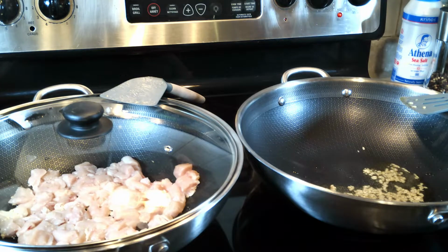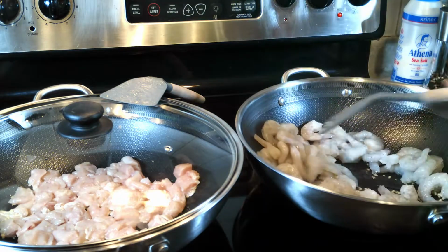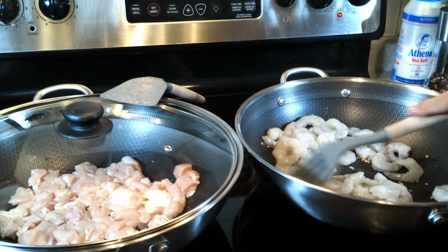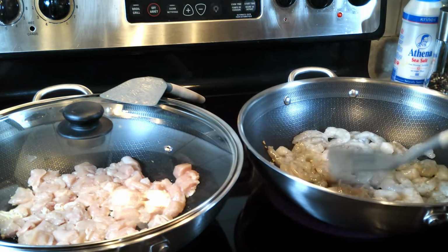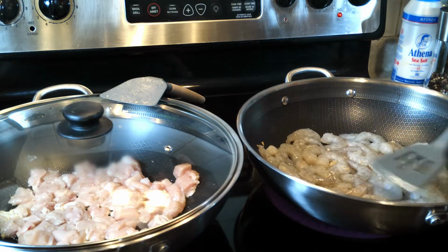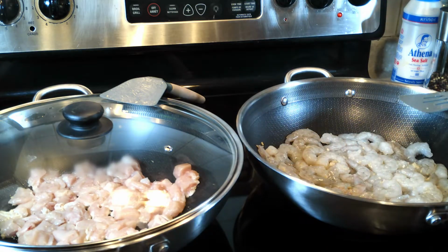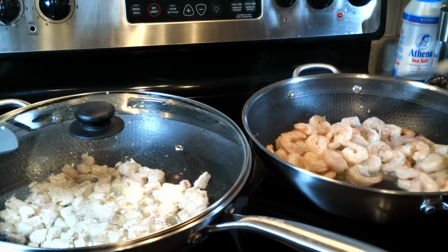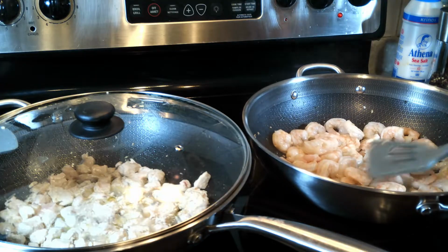Now the garlic is ready. We are adding the shrimp. Just stir it to have the garlic and shrimp mixed so that the shrimp gets the flavor. And when it's getting a pinkish color,